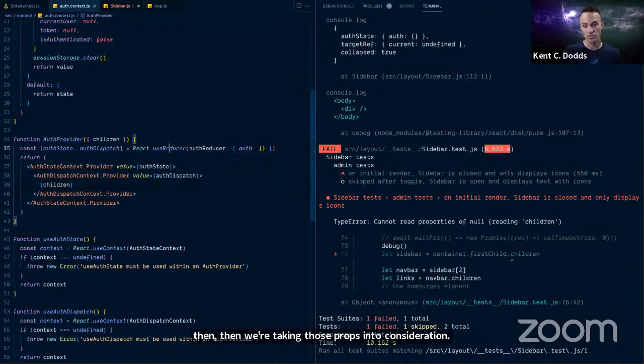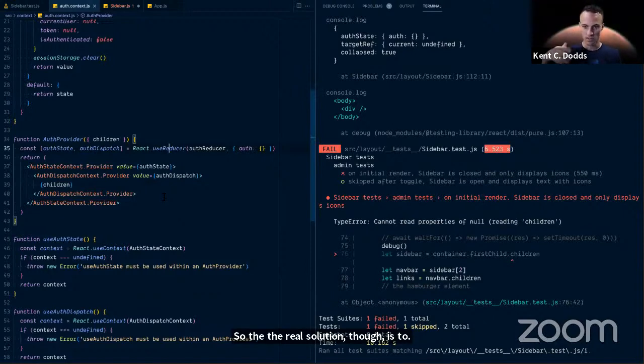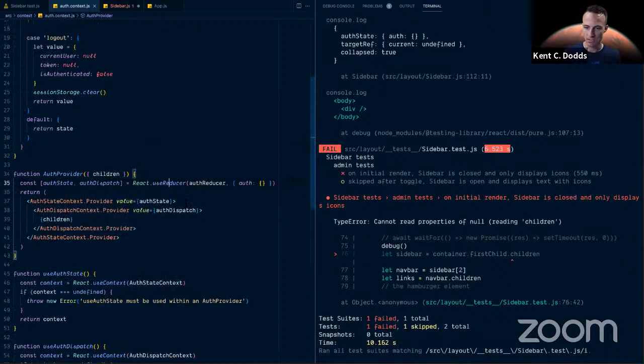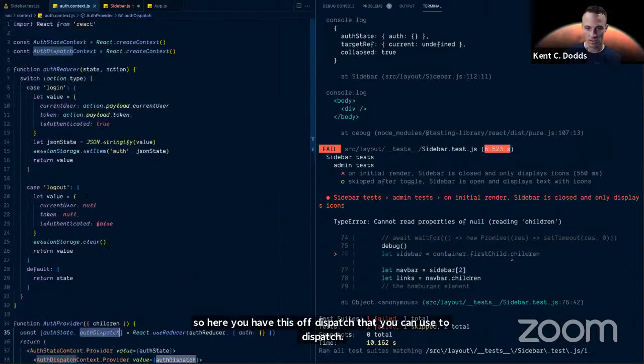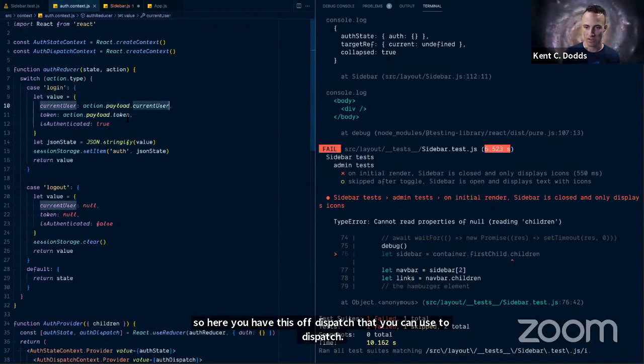So the real solution though is to do the actions that result in your reducer getting into the state that it would in the same way that the user performs those actions. And so here you have this auth dispatch that you can use to dispatch the login, so you can pass along the payload for the current user and their token and all of that.